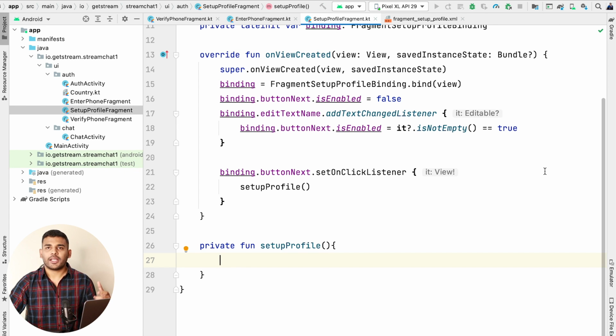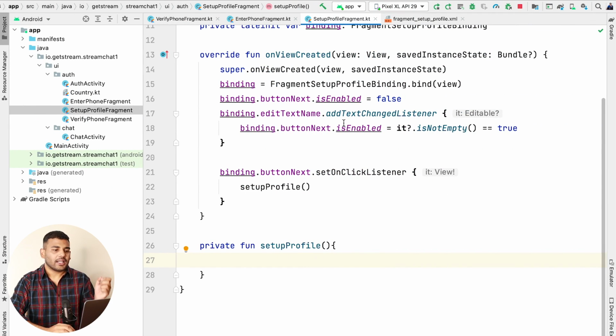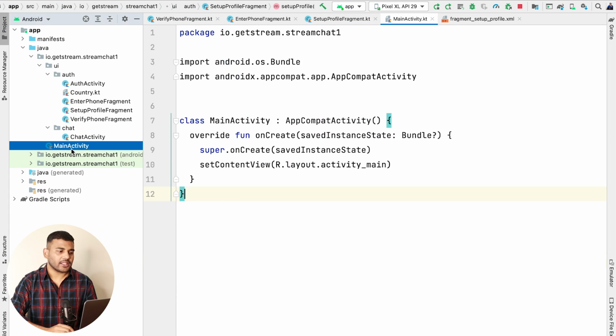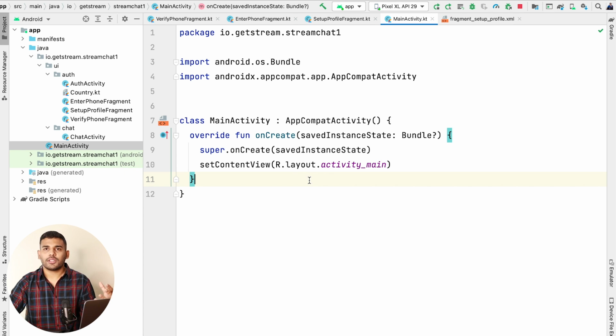So I will play the application in the emulator, and you can see we are saying just hello world. This is because the starting point of our application is this main activity, and we are not doing anything inside main activity. So what we need to do is we need to open auth activity from main activity, and later we can use the main activity as the splash screen.